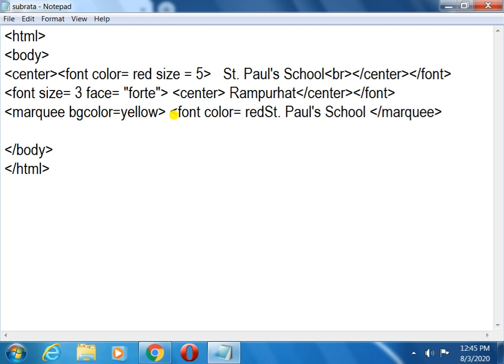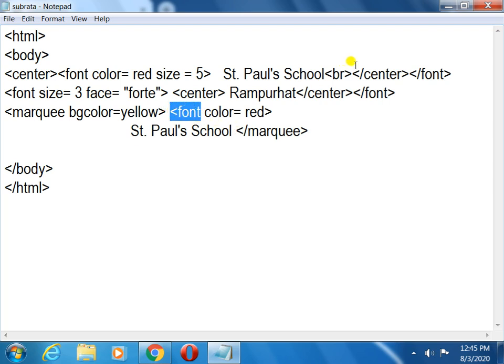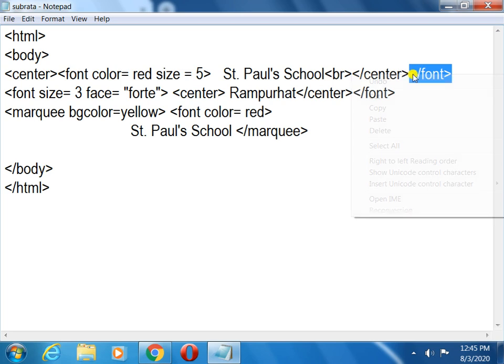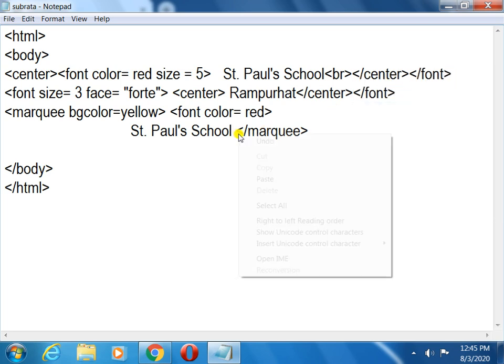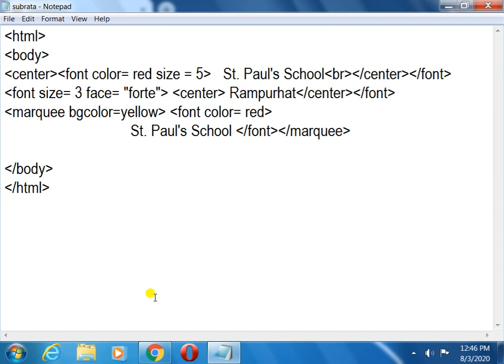I am going to write font color red. Then here I have to close the font tag. This font tag I will close. Clear? Now you see I have given font color red and background color yellow.